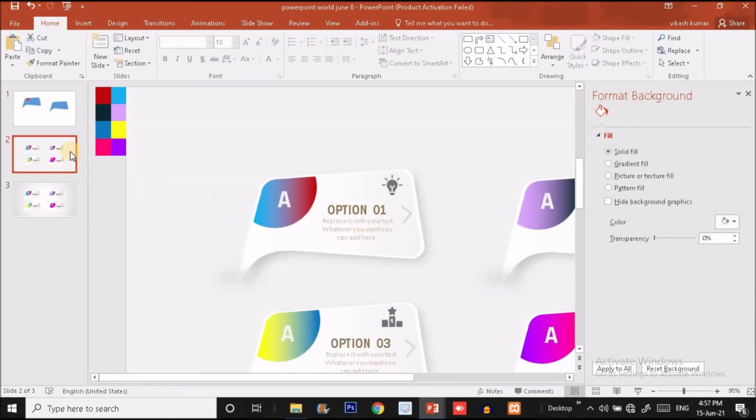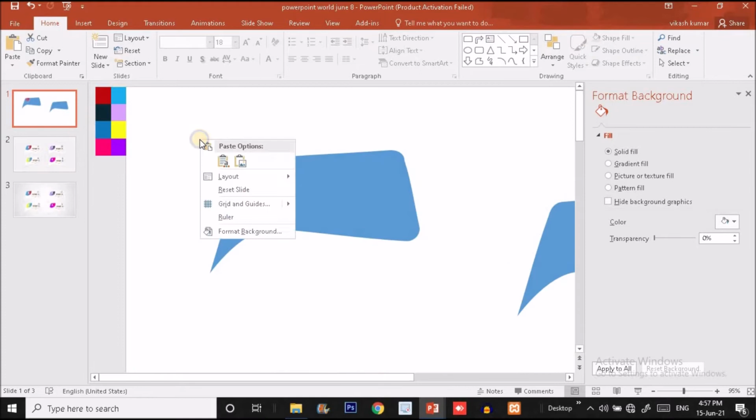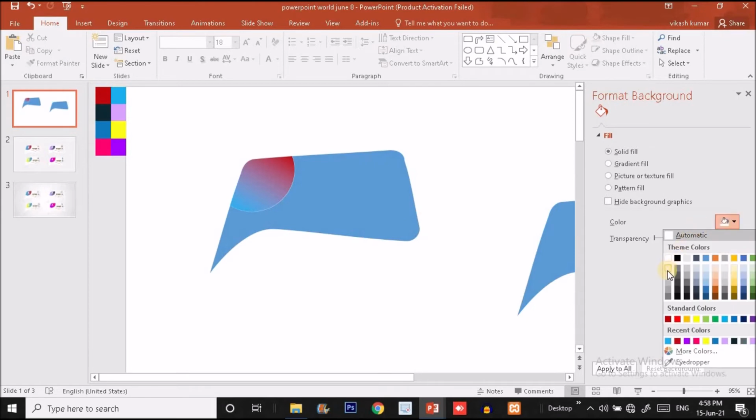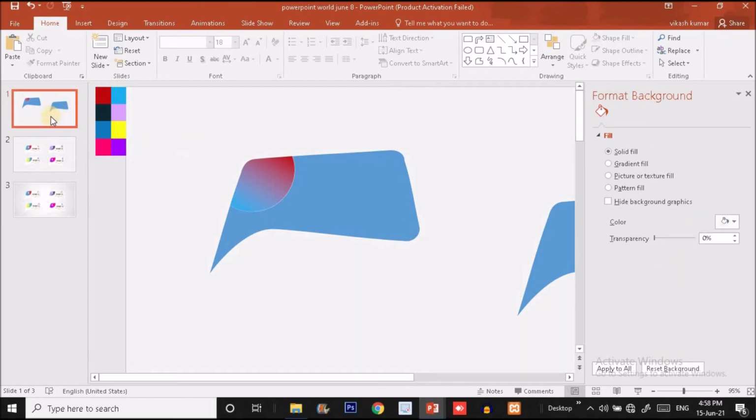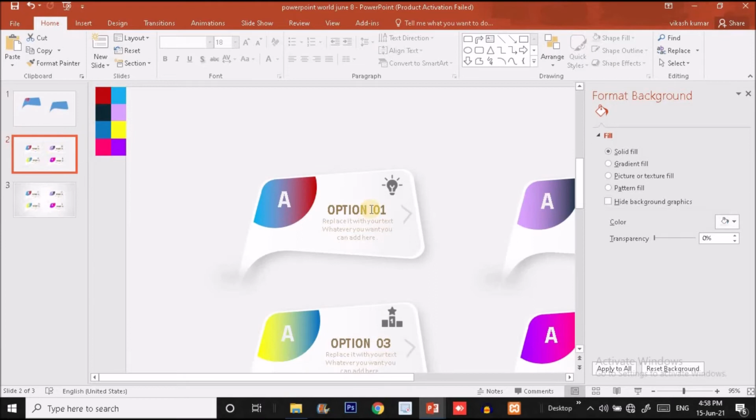Okay, now what I'm going to do, I will fill the background. So for the background, right click over here, format background, and for background I'm going to fill it with a solid color. So I'm going to fill it with this color. Okay, and now what I'm going to do,